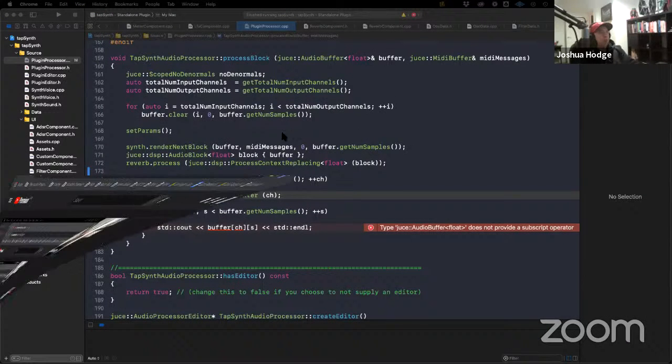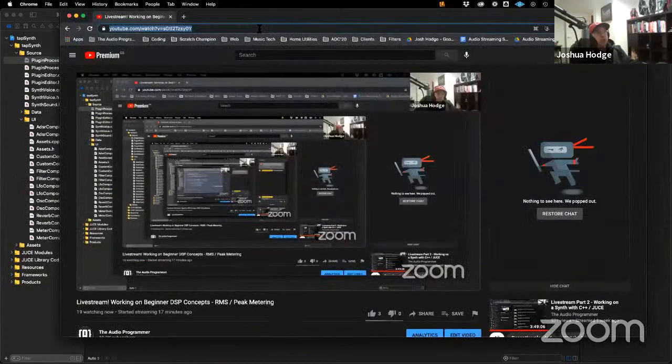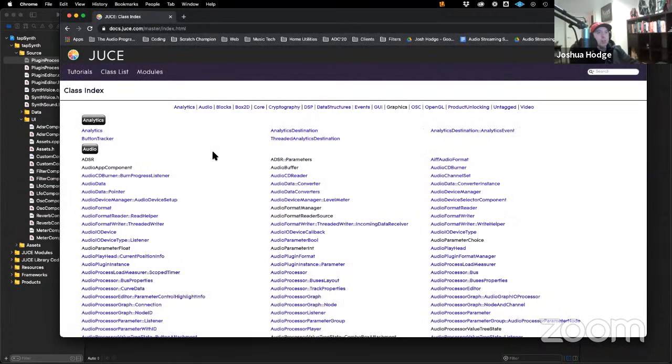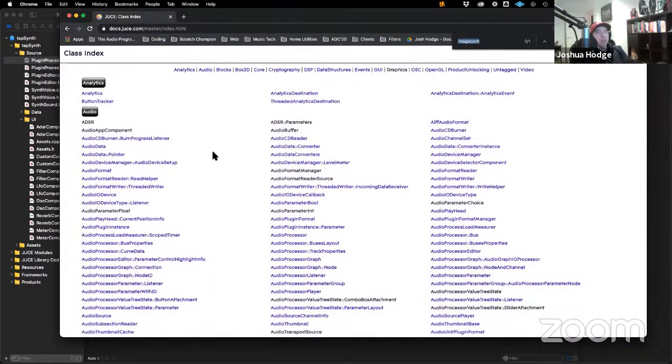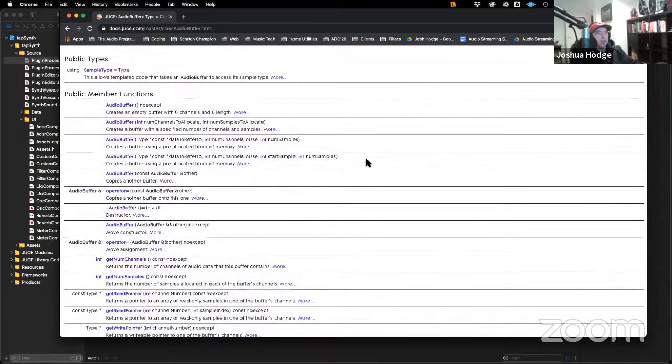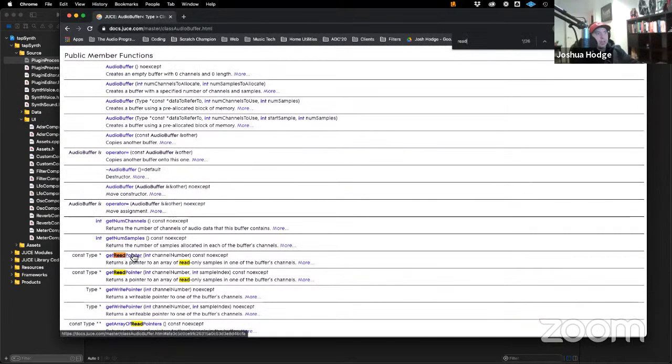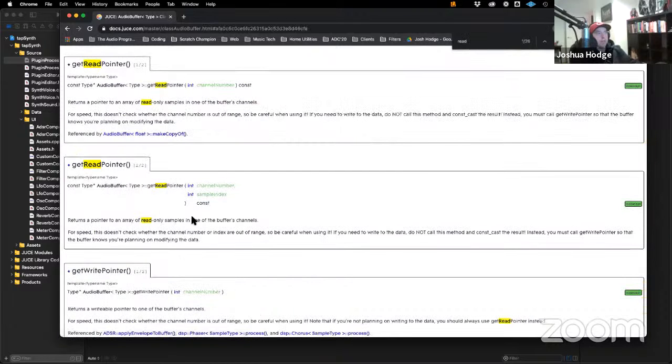So, let's go to the JUCE API, right? I'm walking through this because I know some people are just getting started, so this is more for people who are really just starting to see how some of these things work. What I'm going to do is read the values of the buffer. Here we have this function called getReadPointer, where we can actually get a read pointer to the